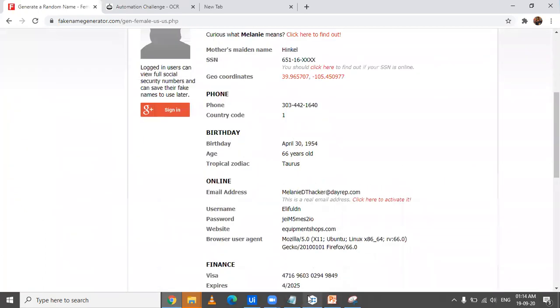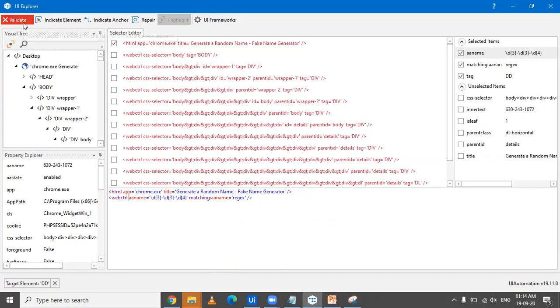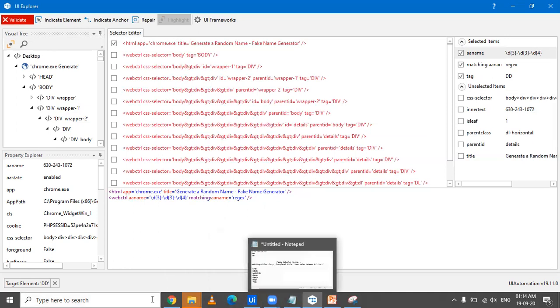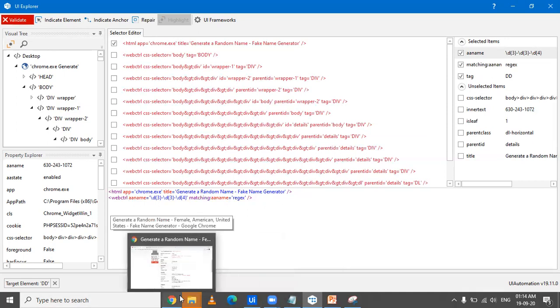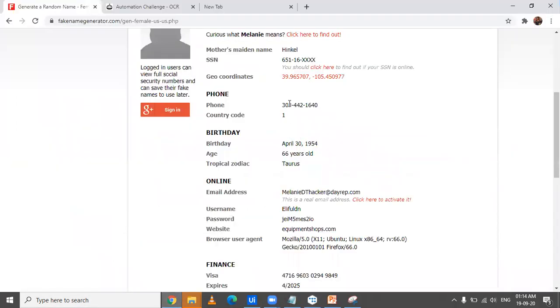Okay. I'll just try it again. Maybe the page loading wasn't complete. That could be the reason. Okay, so it's 3 digits, then a hyphen, then 3 digits, and then 4 digits. And that's the pattern I see on screen. It's 3 digits, hyphen, and then 4 digits.